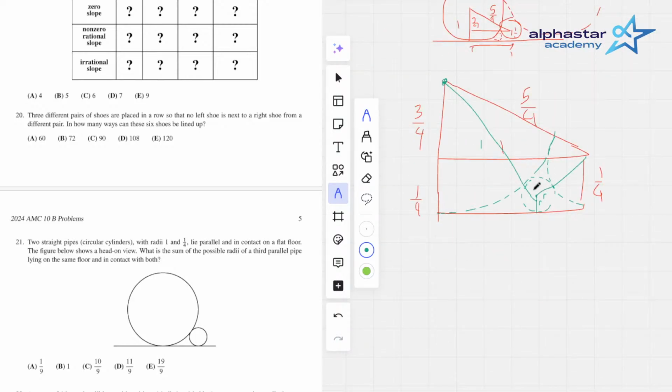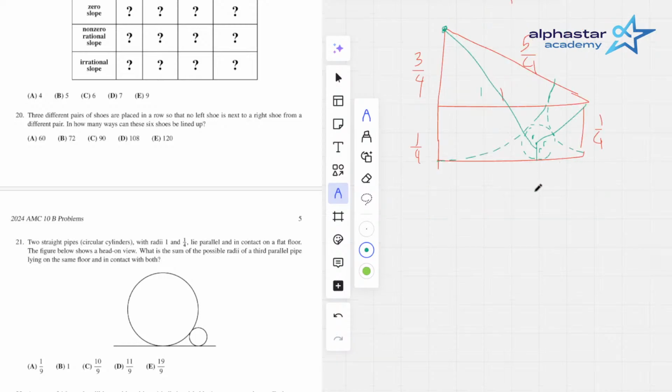Let's call the radius R. And then we have basically 1 plus R, 1. So it's 1 plus R and then 1 minus R. So this is 2 roots. If you have like this, and it's like 1 plus R, and it's like 1 minus R,